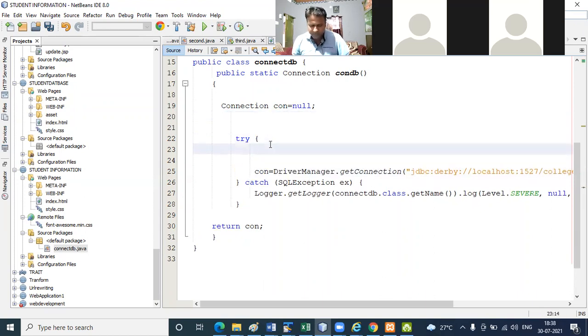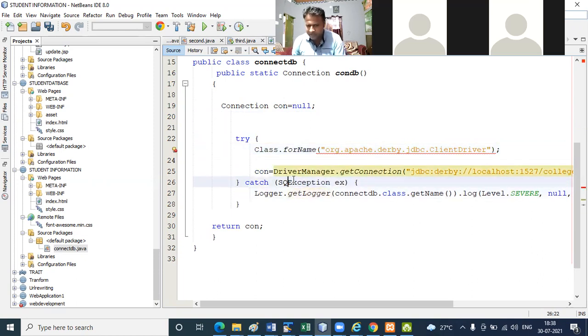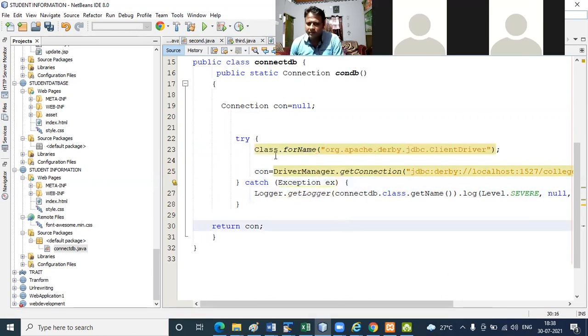So you pass this one. It is a driver name. Then catch. You have to pass a generic exception. Exception is okay. Class.forName. It is a driver name.